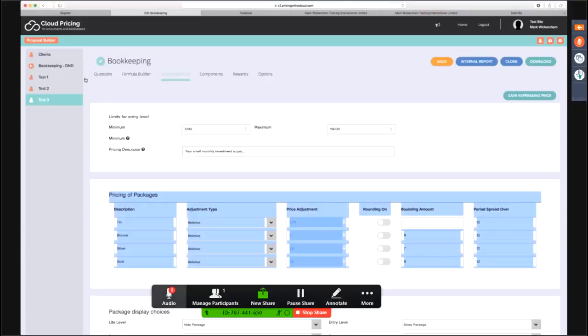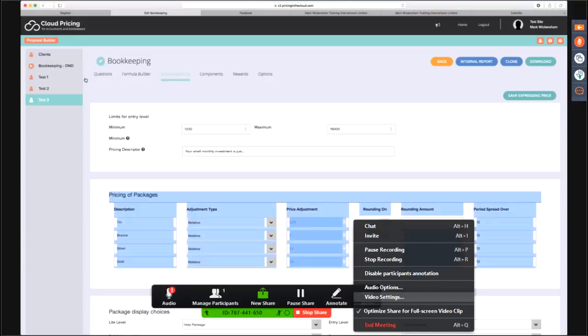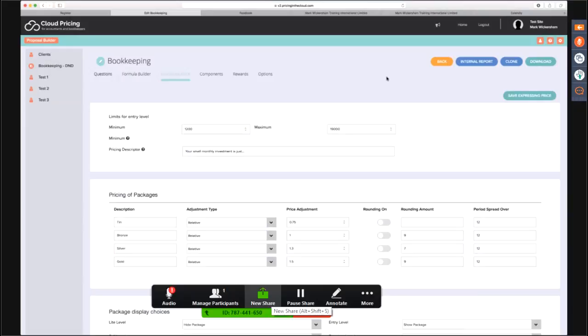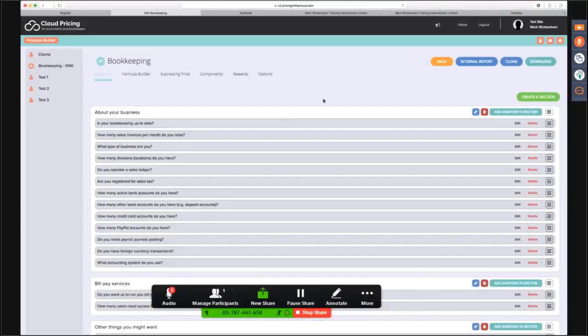Okay, so David Peters says, I'm working with the software, it already has a base rate. Where would I change this? Okay, so each of the templates, when you log in and you go to the questions, in the bookkeeping one,